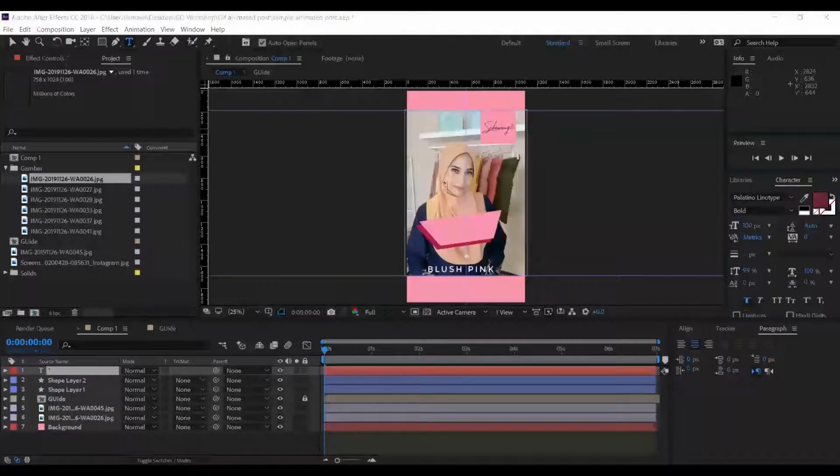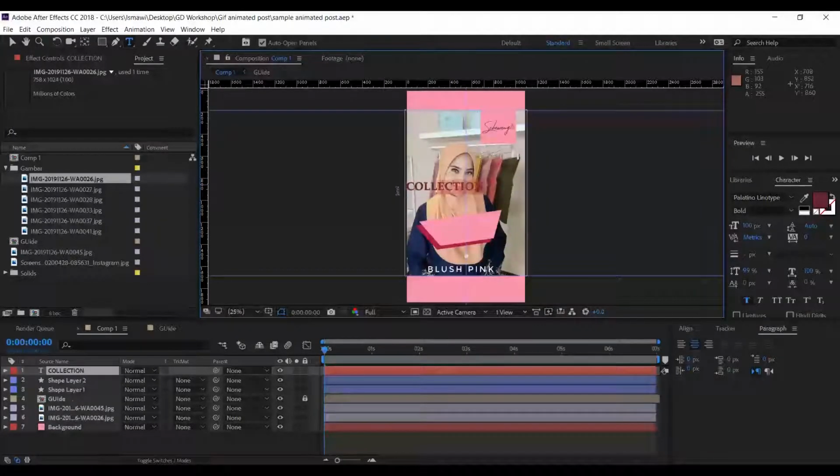So let's get back to After Effects. We have our text, and I'm going to type my collection. Okay, I'm going to select all. I'm going to change the color. I'm going to make it white.